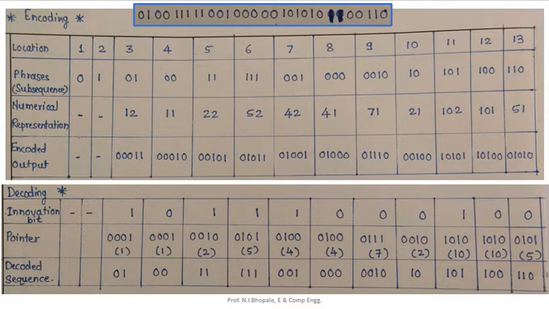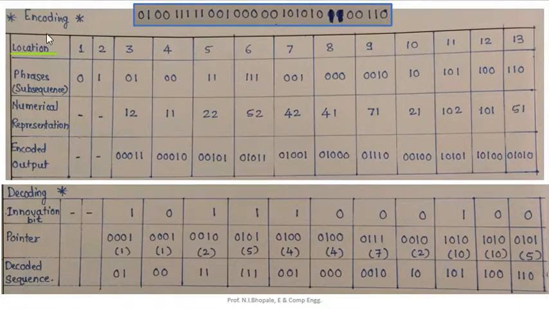As provided in the statement, this is the stream for which we need to do the encoding. So first of all we will understand encoding. While doing the encoding, the very first thing is to know how to form the phrases or the subsequences. To form the phrase or subsequence from the given bit stream, you need to store all these bits formed by the phrases at certain locations.